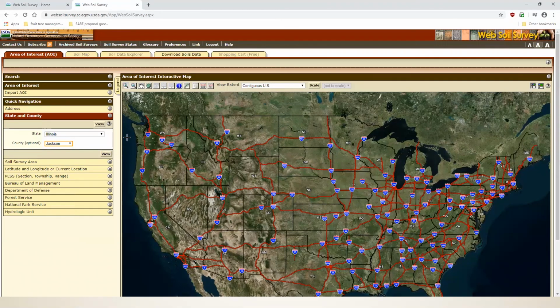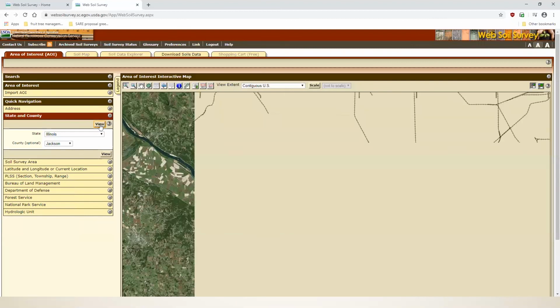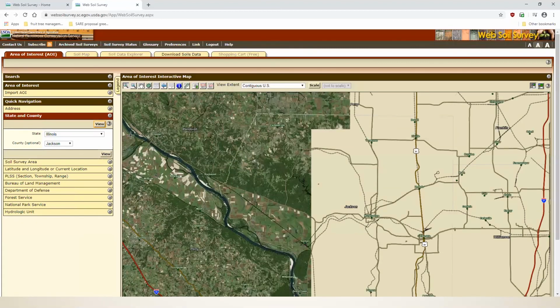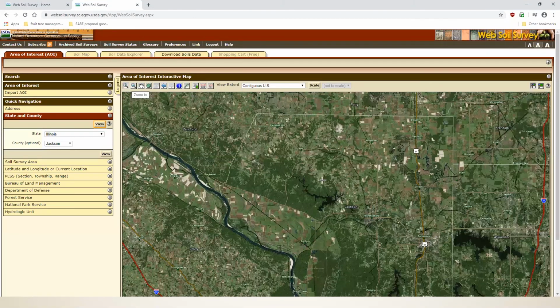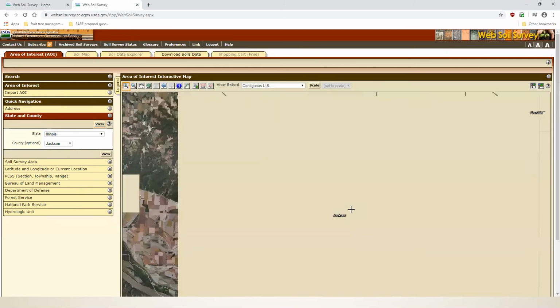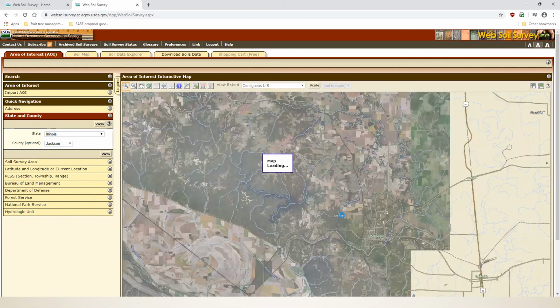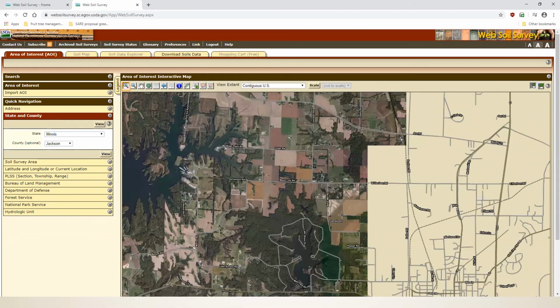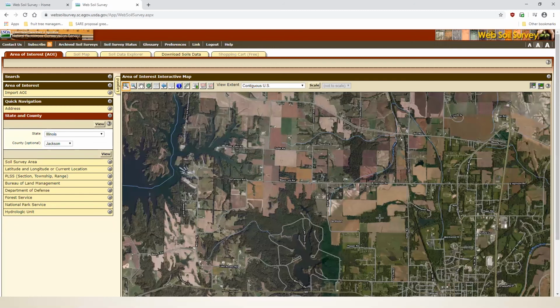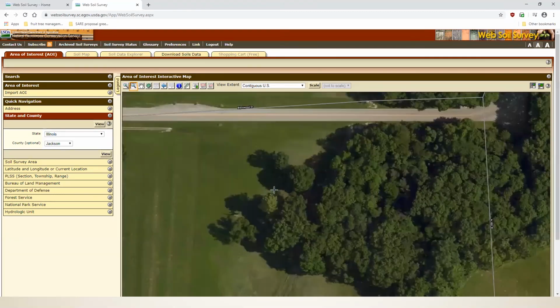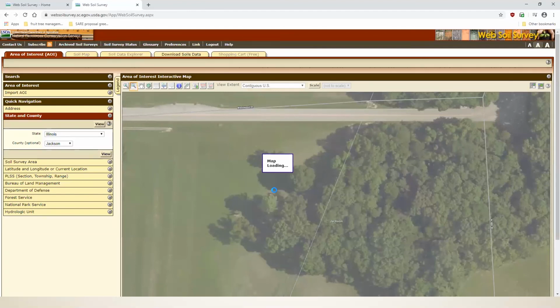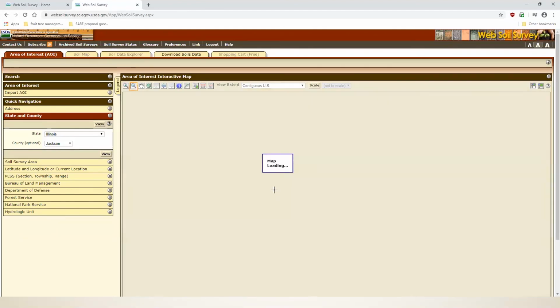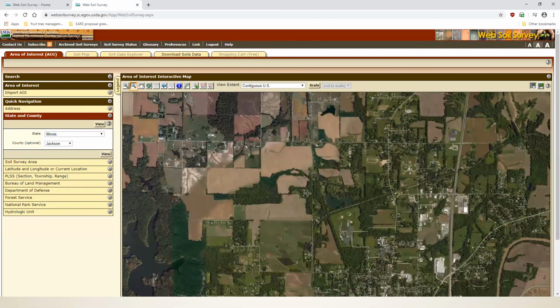Jackson County, and then we're going to view, see where that gets us. So now if I go to zoom in, I want to get just a picture of my office. And sometimes it takes a little bit of... whoops, now it took me, not sure where we are now. So I'll have to zoom out here. I think we're pretty close.